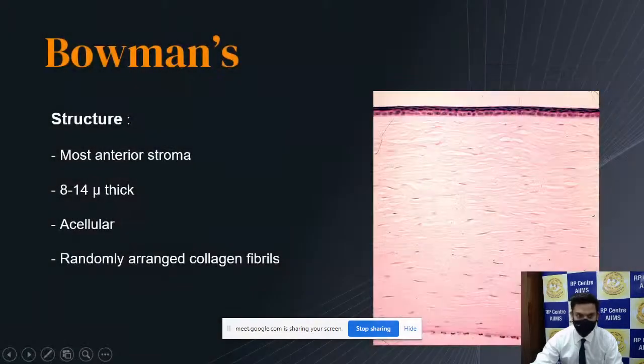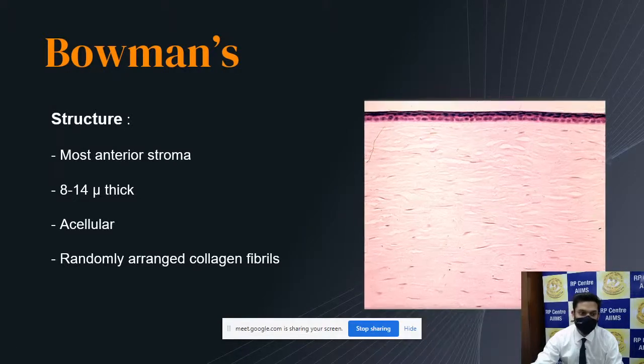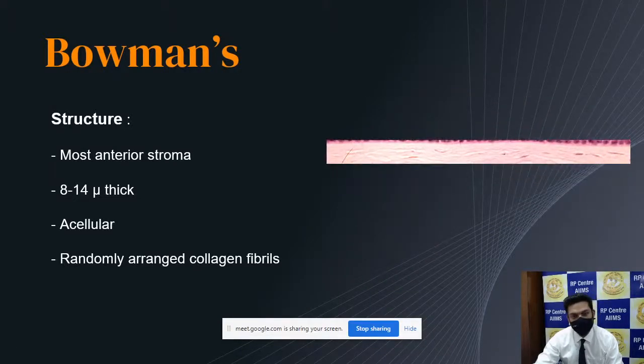जा तो रहा है वही तो Moving to the Bowman's membrane, नहीं करता ना फ्लाइट स्ट्रीम में भी जा रहा है उनको भी start over Yeah, please restart again. Start from the beginning. part of the stroma. is it visible now sir? 8 to 14 microns thick. और भाई Acellular and it Okay, now visible.